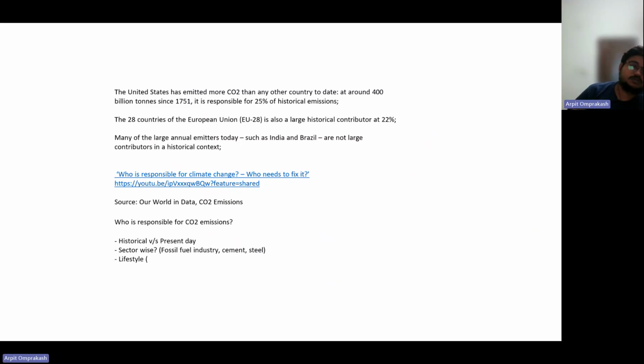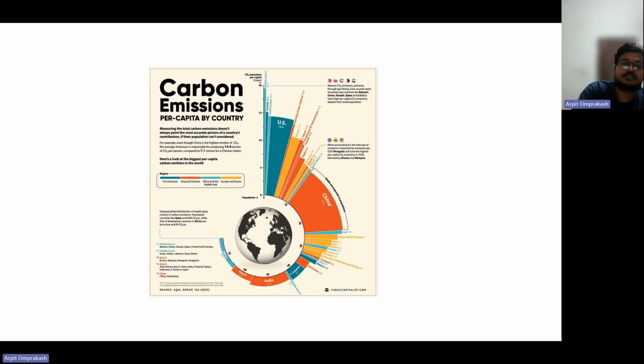So what we can also do is look at carbon emissions per capita. Right. So per capita is basically divided by the population. Because the total amount of carbon emissions might be quite high, but it might be high because there are more people living in a given area, right? And so emissions per capita is a better way to look at it.